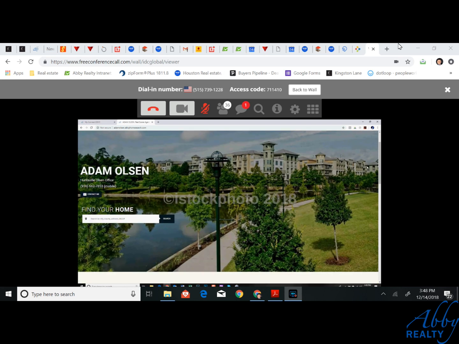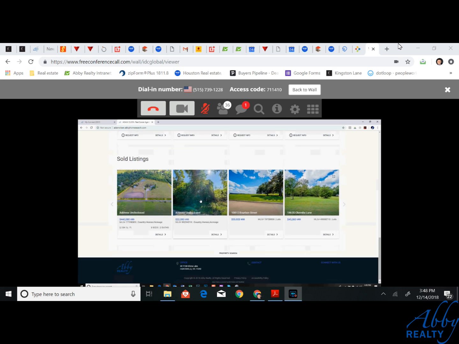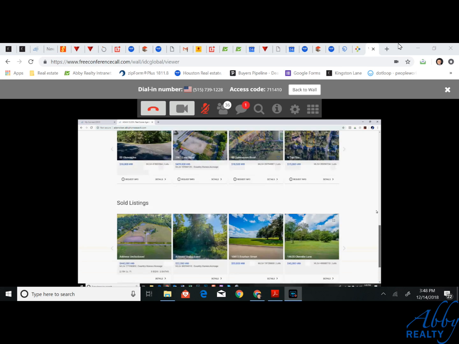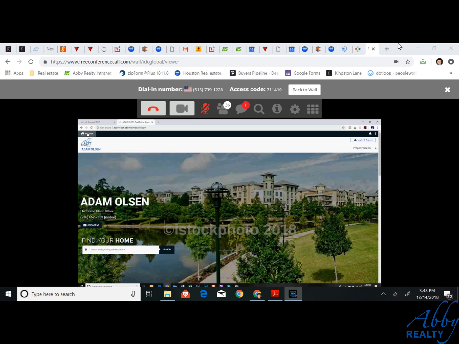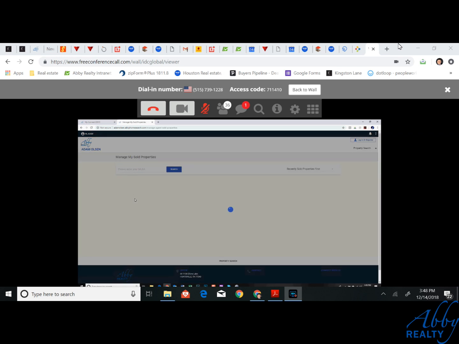Let's deal with sold properties. So if we scroll down here to the bottom, again, we've got a bunch of sold properties or sold leases or whatever that Adam's got in the system. So as we scroll back up, we go back to our menu, and right underneath my featured listings is manage my sold properties. So if I click that,